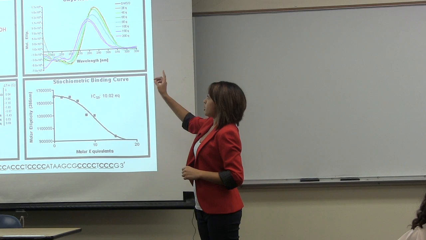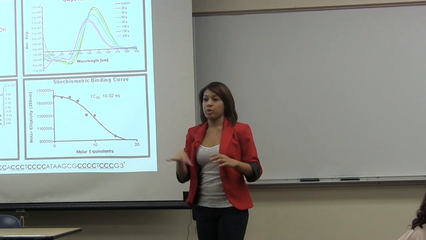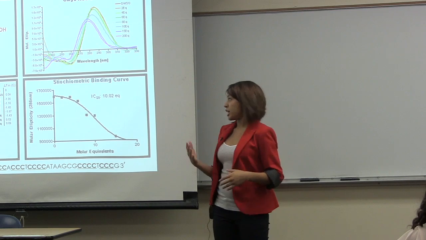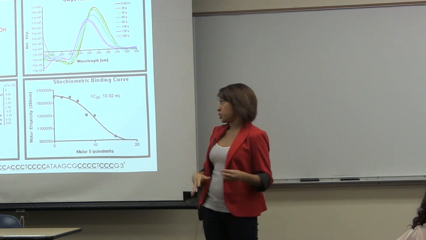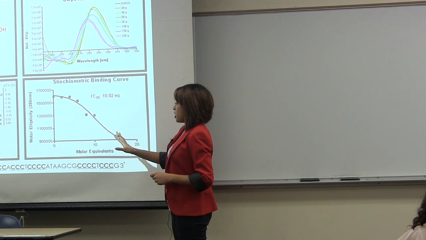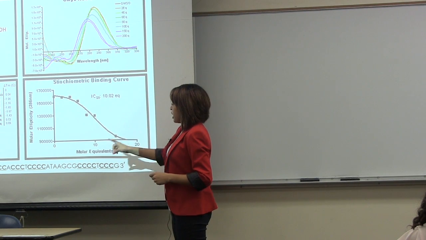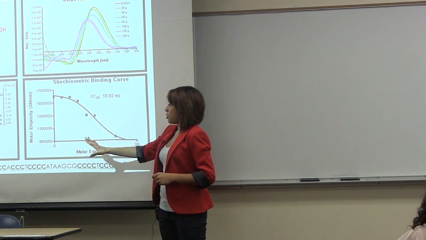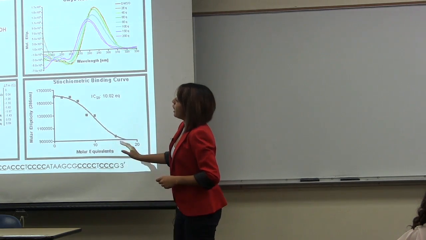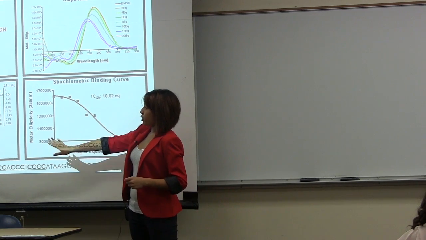So with drug, this is actually decreasing the amount of I motif present, which will later on show that it's decreasing c-Myc expression. And then this is just a stoichiometric binding curve, which is another thing that we can measure. It's just more molar equivalents, how much drug is actually interacting with our I motif species. And then right over here we have a thermal melt, which